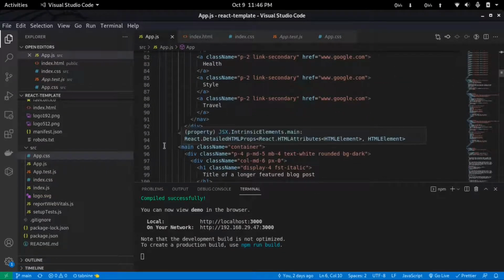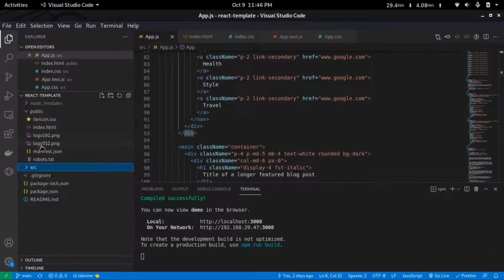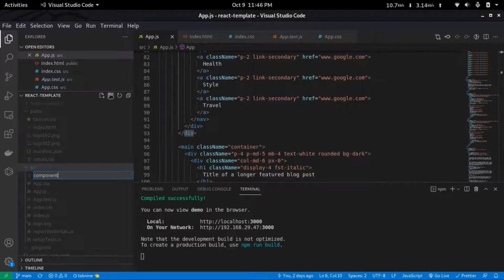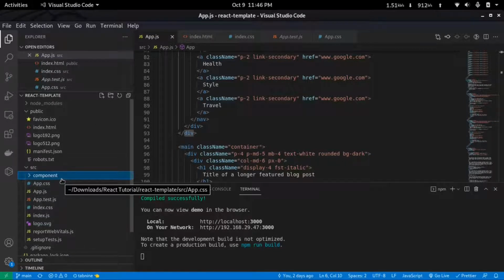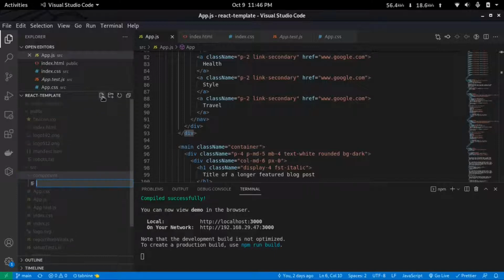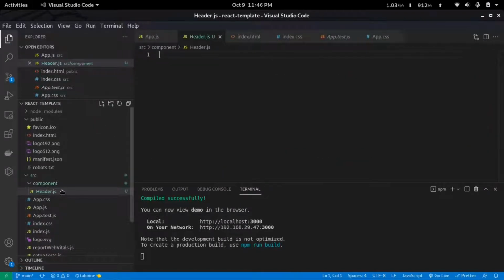So what we'll do is we'll just go to the source folder and create another folder that is components. This is the industry standard to keep a components folder, and inside of which we'll make the smaller components. So I'll create another file that is header.js, similar to the app.js, and here what we'll do is we'll